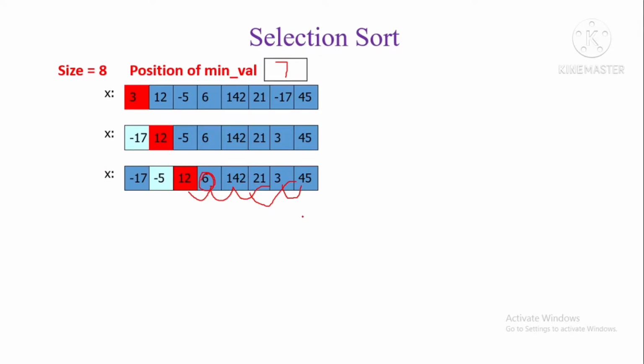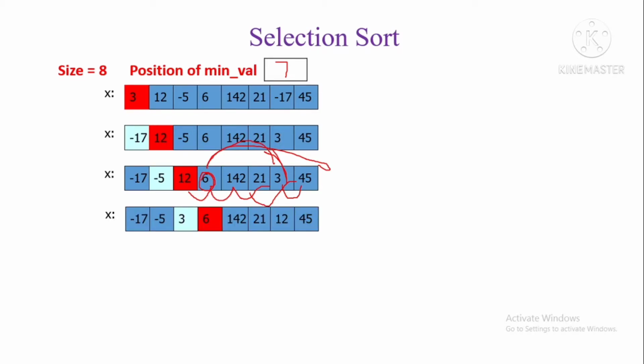Okay. At the end of the iteration, we have to swap this particular element with 3. Okay. 6 will be swapped with 3. So, that is what we have done. I am sorry. So, we have compared 12 now. So, 12 should be swapped with 3. Okay. I am sorry. So, 3 should come here and 12 should come here, because we started with this position. Right? We started with this position. Okay.